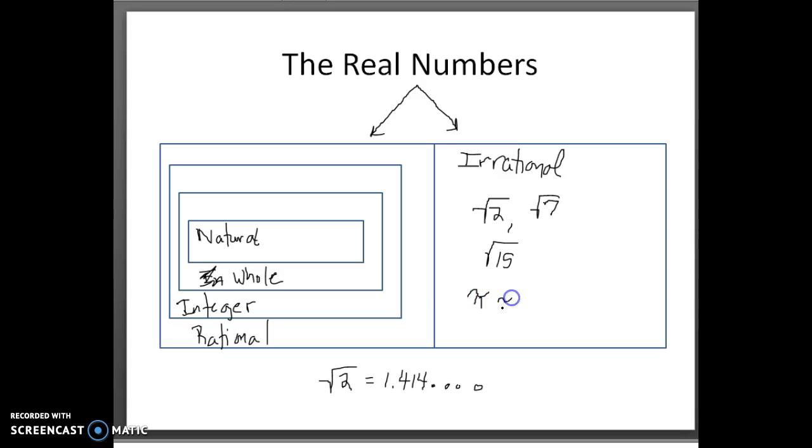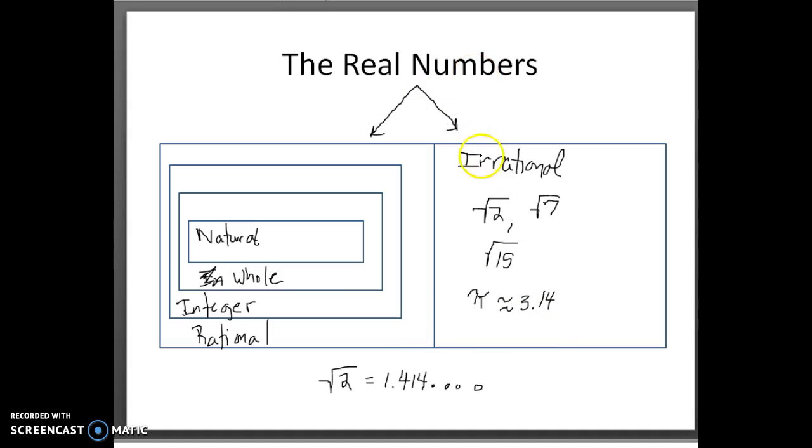We also know the famous numbers like pi is an irrational number. And I'm going to say approximately equal to 3.14 because we know it's not exactly 3.14. We can never write the exact decimal for pi because the digits keep going and going and going forever. That's why we have a symbol. When we want to write the exact number for pi, the only way to do it is to use a symbol. If I write the decimal, it's just an approximation.